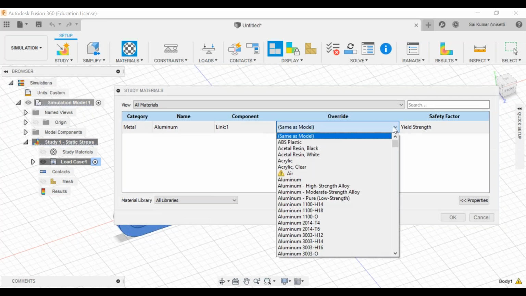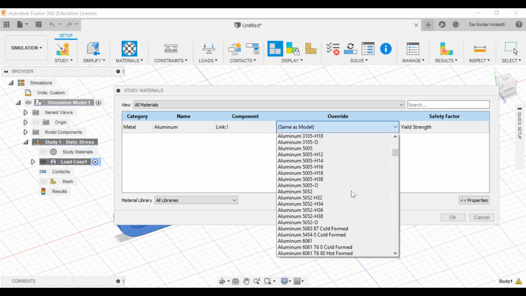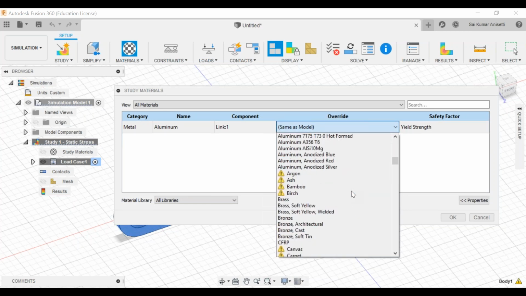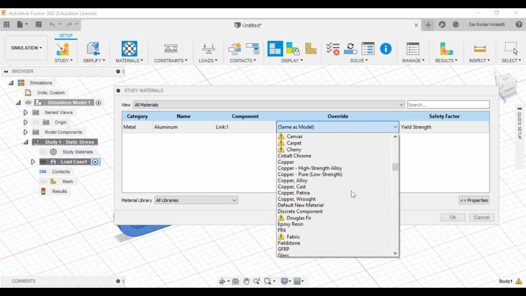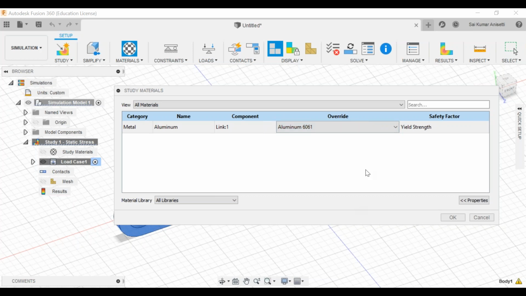Now, if I want to change my material to a different material, for aluminium I have 1000 series, 2000 to 6000 series. You have anodized aluminium, bronze, and everything. So select from the list of materials, whatever it might be, iron, aluminium. My intention is to change my material to aluminum 6000 series. Okay, fine, let us click OK.